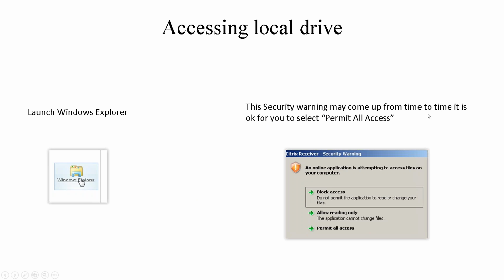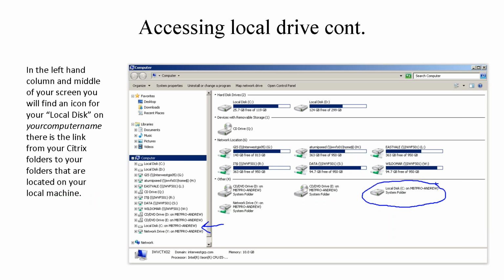Once that pops up, there's a security warning, which I see all the time and I know you probably see it all the time too. It asks if we want to block, allow reading only, or permit all access. It is okay to hit permit all access. It's probably what you want. It is what you want to do to not have any hiccups when you're going through your documents or files here. So you can hit permit all access, and it should pop up the